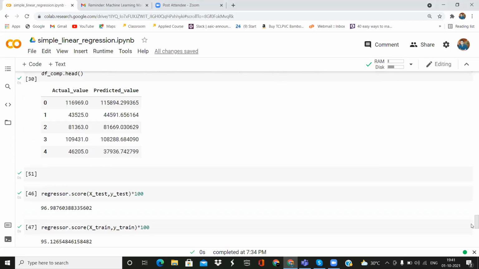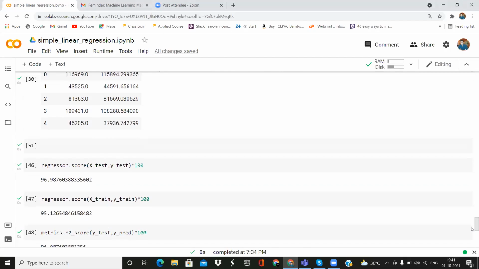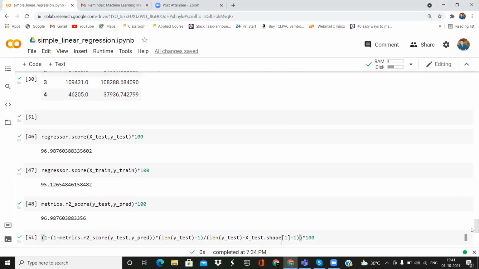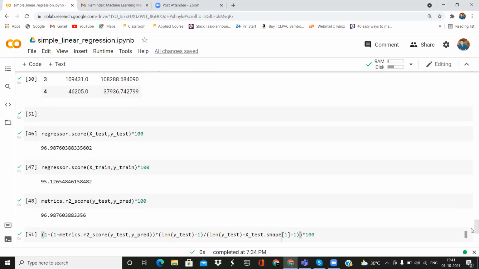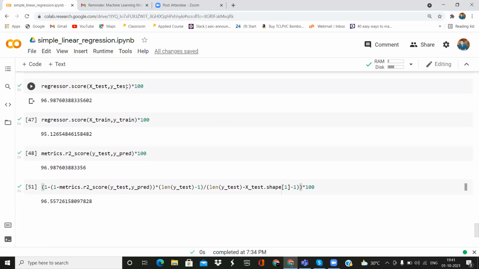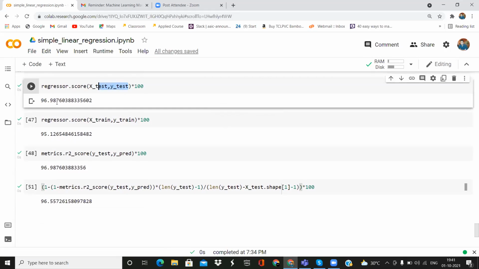Let's move to the next topic. After that, you can find how well trained your model is on the test and the train data. With the help of score, you can get it. Between X test and Y test, it's 96.98%.